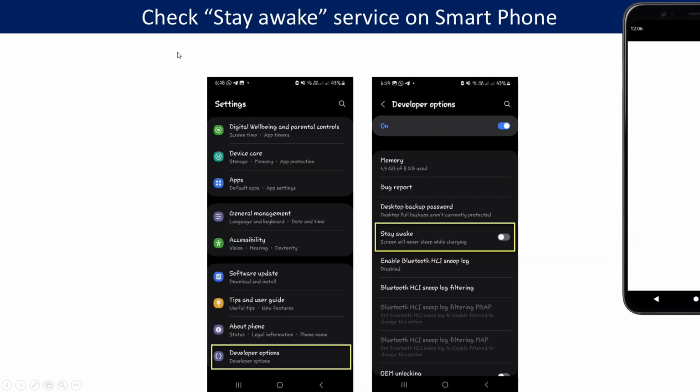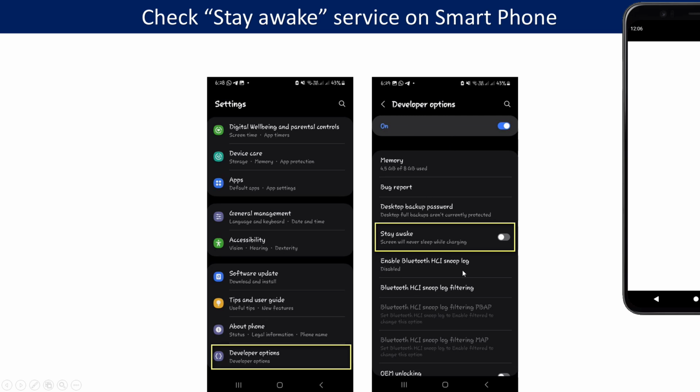Okay, the next, check the stay awake setting on the smartphone. Yeah, on my smartphone there is stay awake, but this feature works only while our device is charging. If our device is not charging, this feature cannot work.